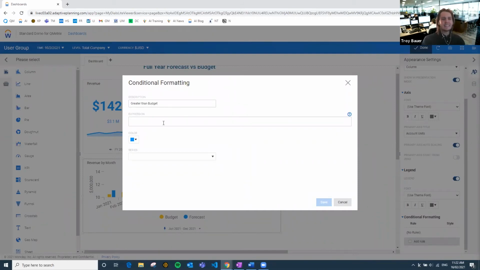I want to add in an expression, and similar to Excel, this expression is just going to be true or false. We're going to say, okay, if forecast is greater than budget. You recall that we named the accounts forecast and budget to get the legend to display like that, so they're the names of our series. We're just going to call it that when we talk about the expression. When we refer to accounts, we use square brackets like so. And that is as simple as it needs to get. Forecast greater than budget. That's our expression, either going to be true or false.